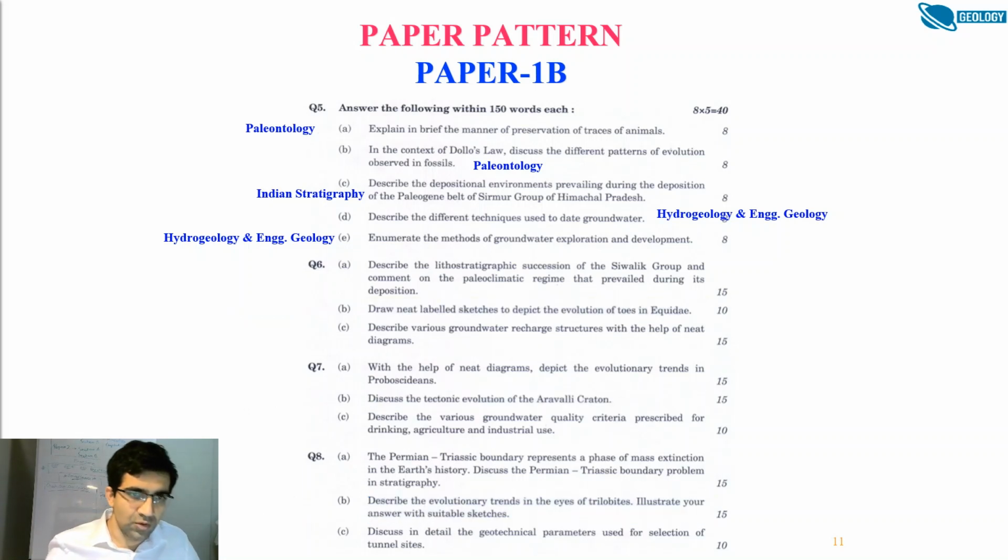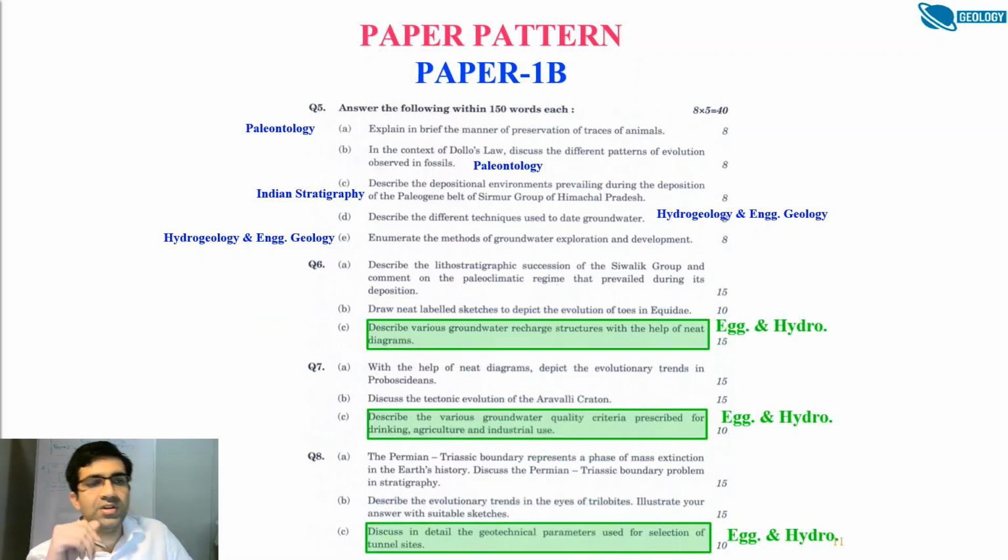Then you go to part C of each question, that is from engineering geology and hydrogeology, and now this is 15, 10, 10. So in the questions where you have choice, among the 3 parts, one subject will be 15, 15, 15 marks in each question. Another subject will be 15, 15, 10, and the third subject will be 15, 10, 10. So there is one subject which has the lowest weightage generally, but it does not vary much. It varies by just 5 marks in the entire paper.